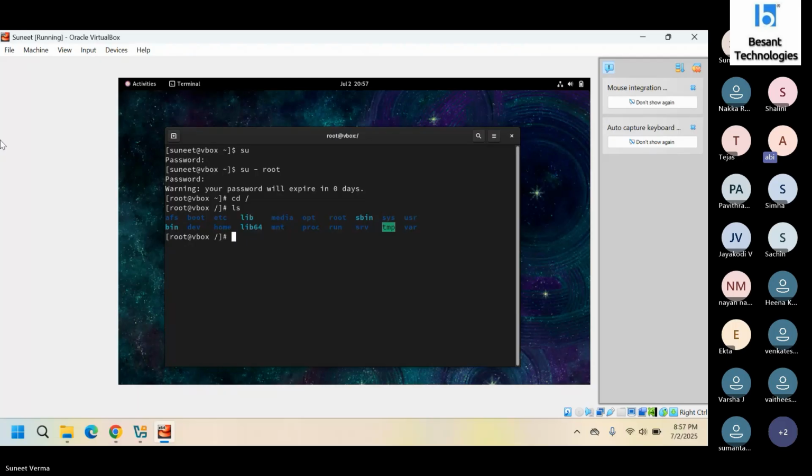Each of these contains some built-in default files. You may have a question: which is a folder and which is a file? Which is a directory and which is a file? Color notation can denote this, but that is not a good practice. To denote whether it's a directory or a file, we have another command: ls space